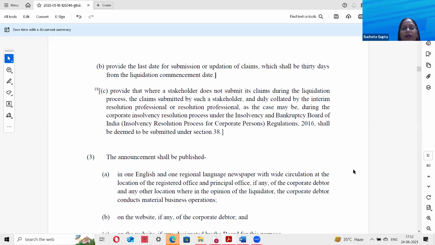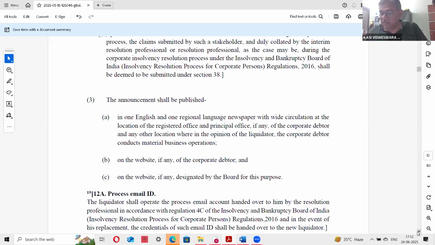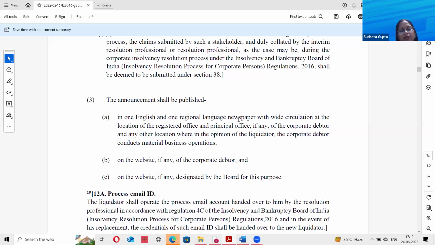Sir, section 41 is also applicable for the filing of claims in the liquidation. If anyone wants to appeal against the liquidator or the IRP or RP decisions, they can go. Section 41, yes. The announcement shall be published in one English and one regional language newspaper with wide circulation at the location of the registered office